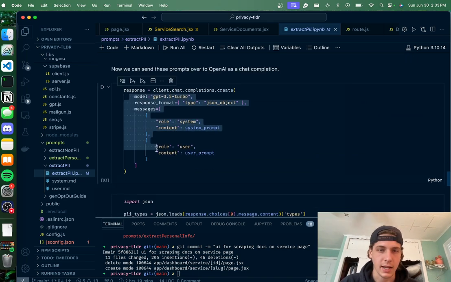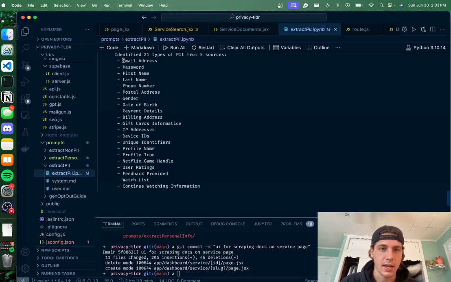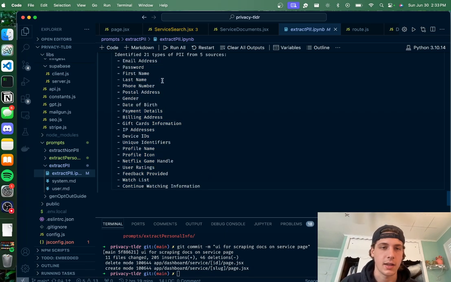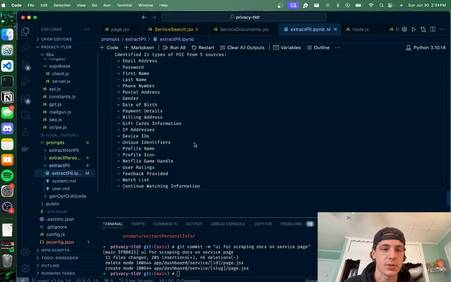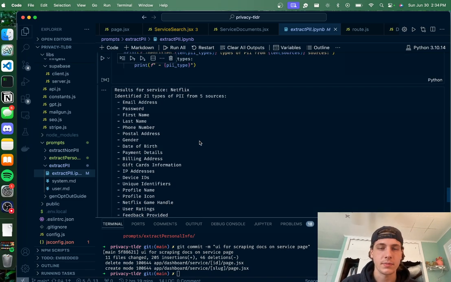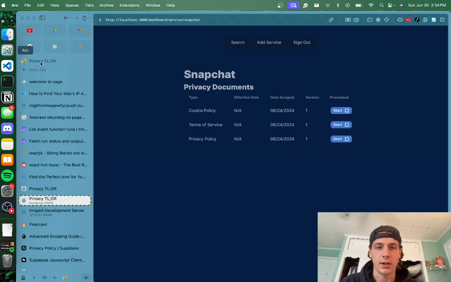And then we're sending that to GPT and doing a bit of formatting, and you can see that we've identified that this document collects this information about you when you sign up for it or when you use the service. So see, IP address is in there. This is Netflix, so some Netflix specific stuff. And yeah, this is my toy, and this is the approach that I'm going to take